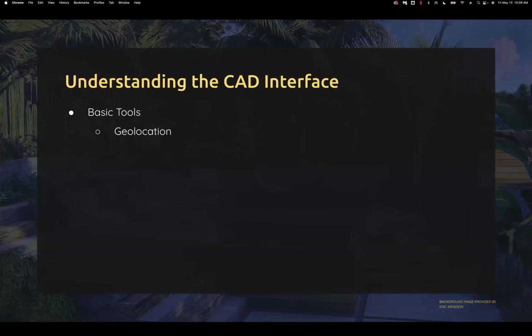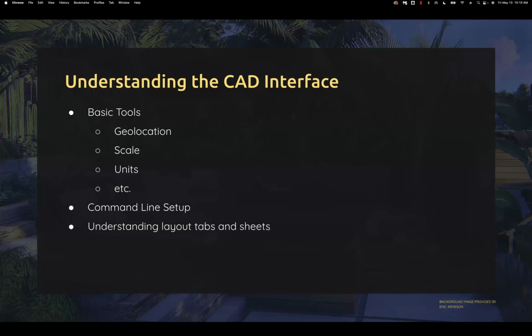Some tools we'll be using today, this isn't all of them, but some of the major ones are going to be the native AutoCAD geolocation tool, the scale tool, units tool, and some others. We're also going to discuss the command line setup a bit. This is going to be extra important if you're new to CAD. We're going to show you how to change it to suit your needs. But if you're a beginner, we're going to definitely recommend that you set it up the way we recommend, and we'll explain why we want to set it up that way.